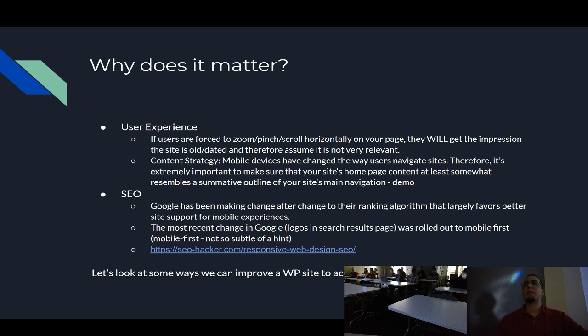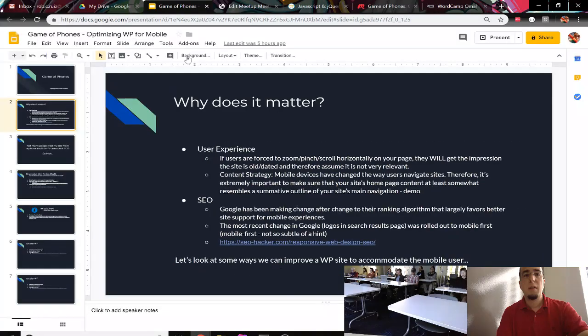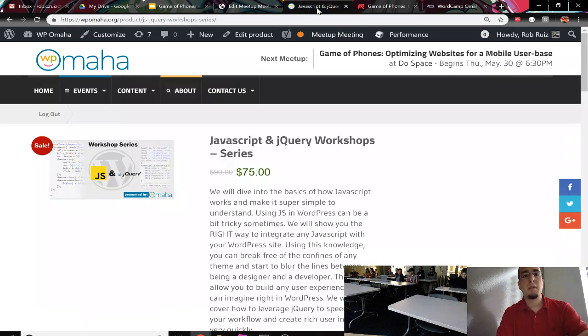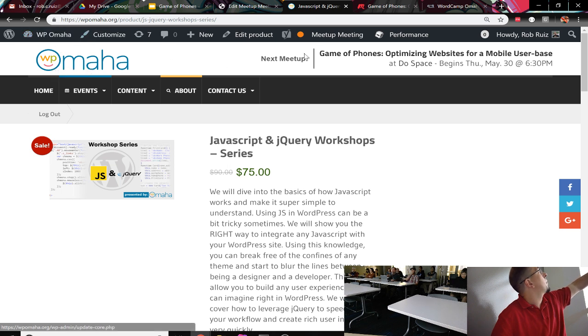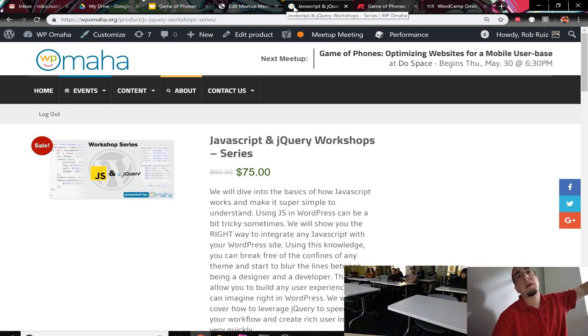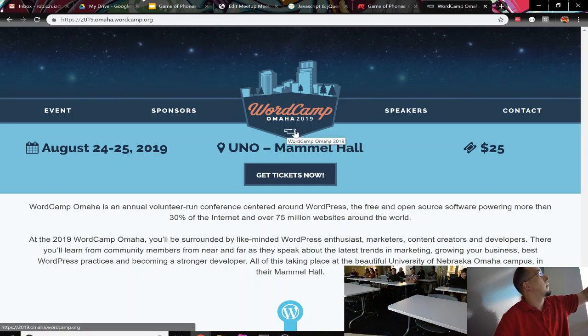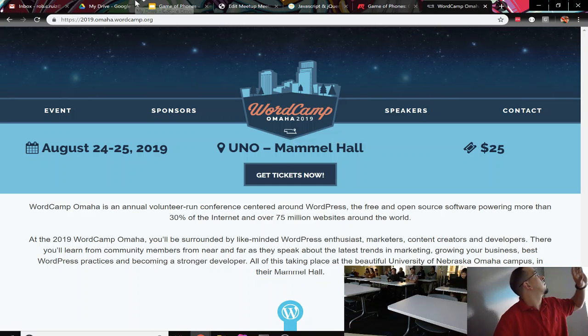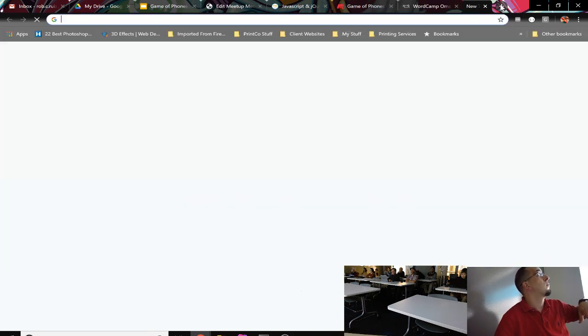So, that was a big thing that happened, I believe, last week, when they rolled that feature out. If you don't have a favicon for your website, and if you're not aware what a favicon is, the favicon is up here. You see how the tab has this little logo up in the tab? That's our favicon. Meetup's favicon is their M, and the WordCamp Omaha one for this year is this little outline of Nebraska, right? And so it finds your favicon and displays it in the Google results, and it won't do that on